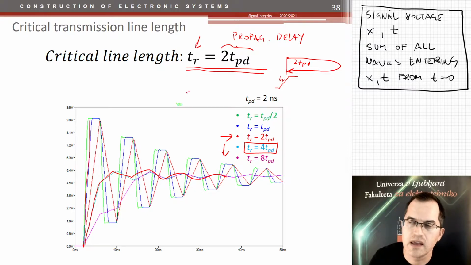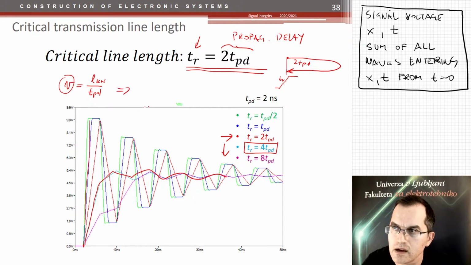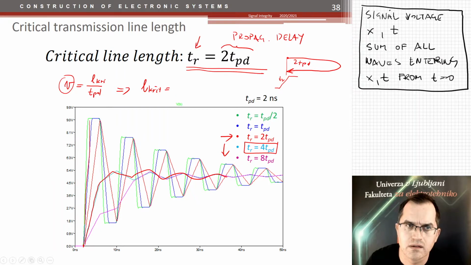And the TPD is determined by the speed and the length, because you know that the speed is length over TPD, and this is the critical length then. If you know the speed, you can calculate the critical length. It is equal to the speed of the signal over the... is that correct? Yeah, surely it's correct. The L critical is then equal to speed times the TPD,